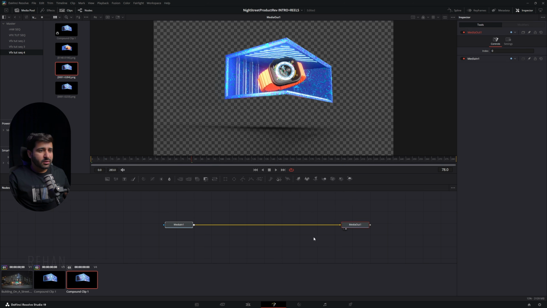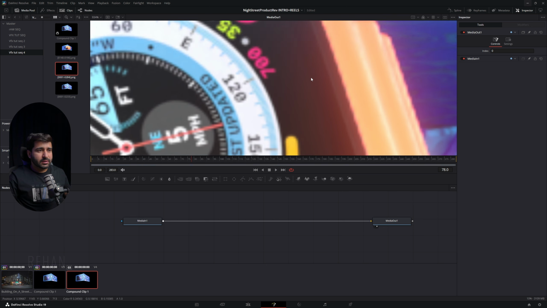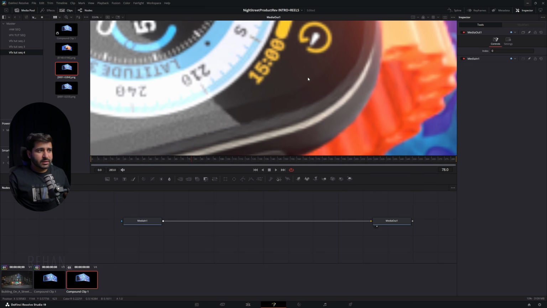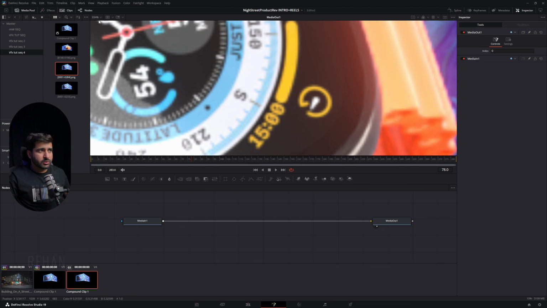And guys, this will be our main gem: how you can get the bloom simply if you haven't added it in the Blender renders. As you can see, we have already added it in the rendering, but if you don't add it, this will still work. So let me show you.